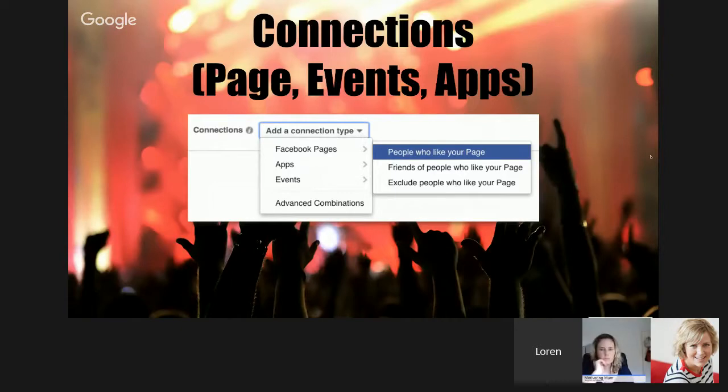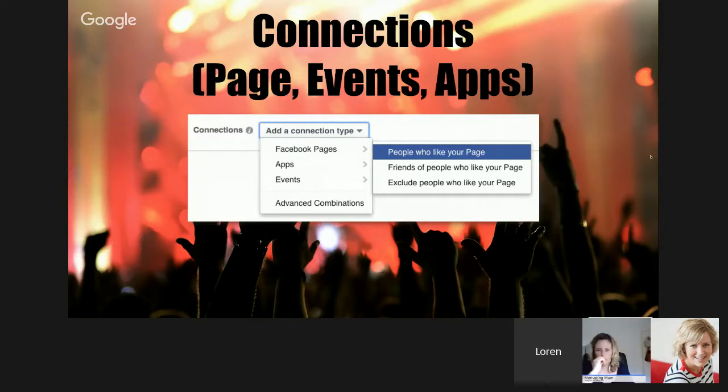So I'm going to talk about the different types of audiences that we can advertise to on Facebook. One of them is those people that are already connected with us on Facebook. They might be connected with us because they've liked our page, or they've engaged in an app you're using on Facebook, or perhaps they've said they're coming to an event. Or we can do a combination of these things. The great thing about this is you can either include that connection type or you can exclude it.